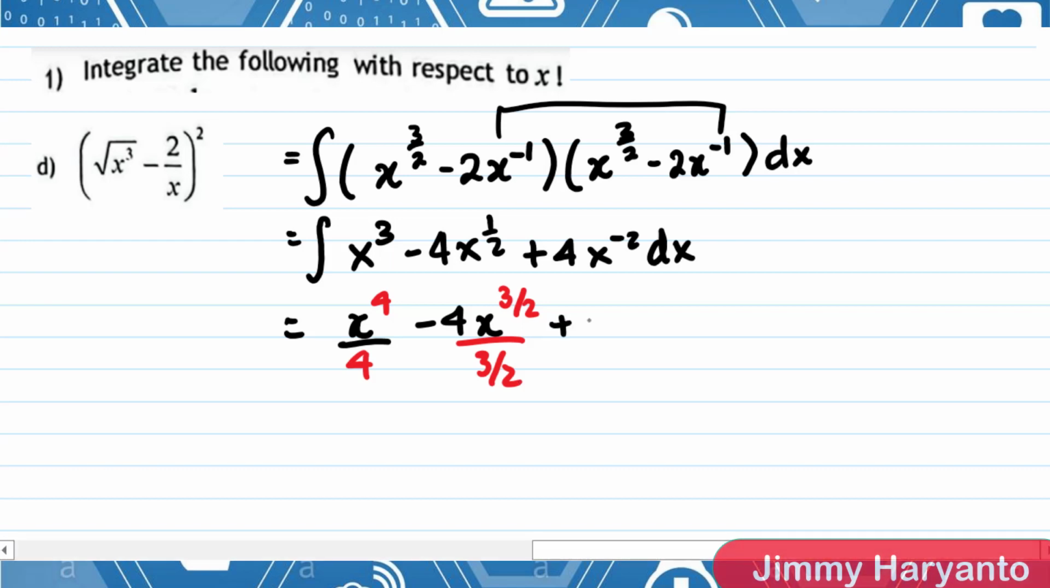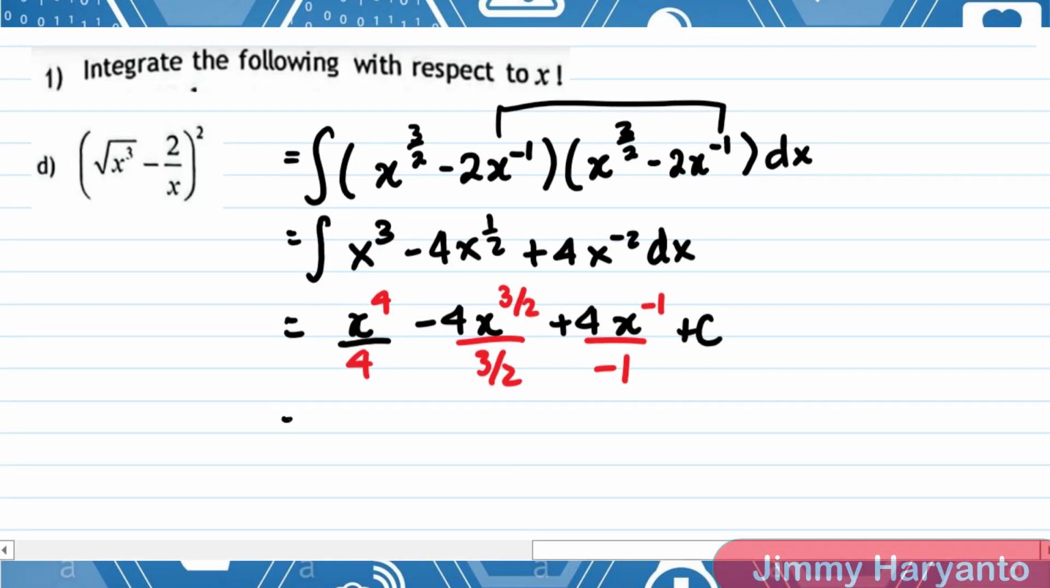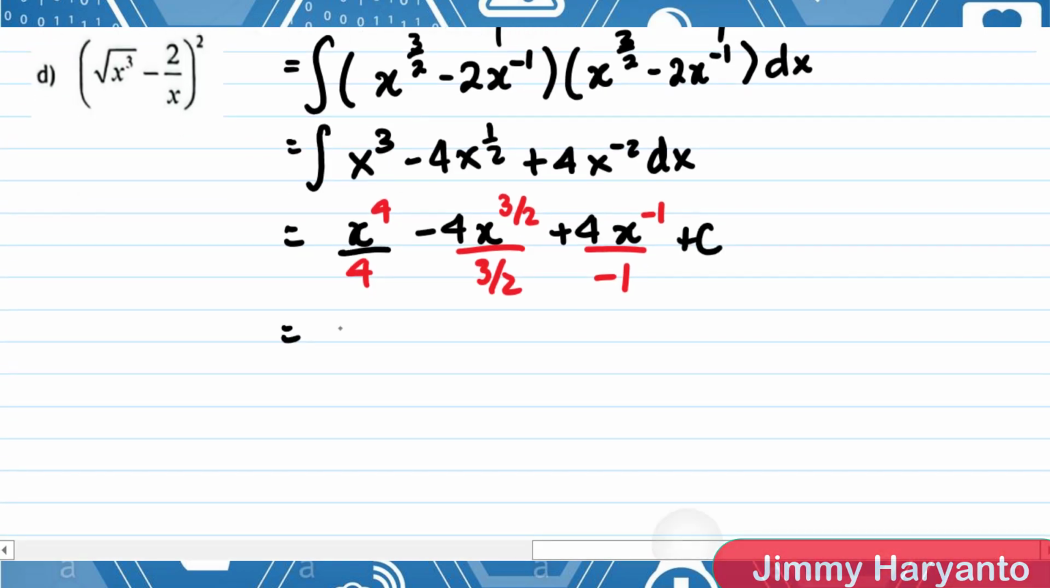And then for the next one, it's x to the power of negative 2, so we can add by 1. Yeah, we don't have to use a formula for this one because we have negative 2, not negative 1. Negative 2 plus 1, it will become negative 1 over negative 1, and then plus c. Okay, so the final answer will be 1 over 4 x to the power of 4 minus 8 over 3